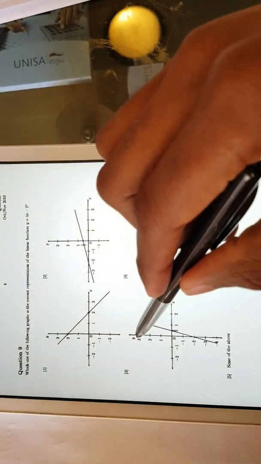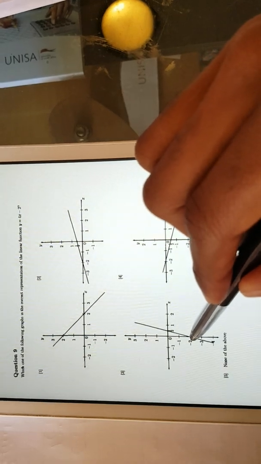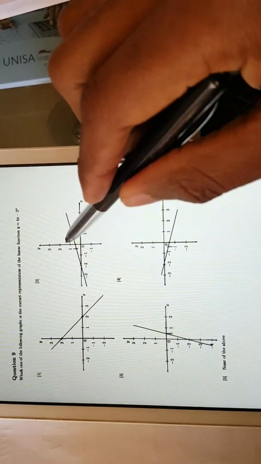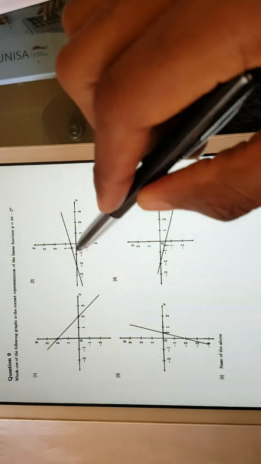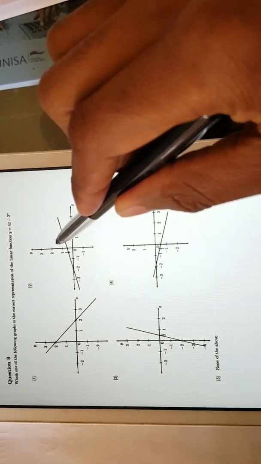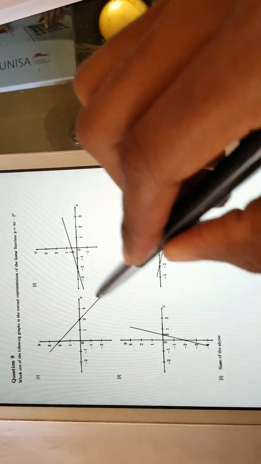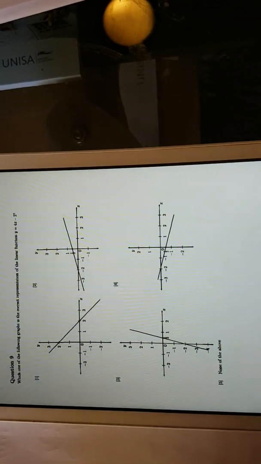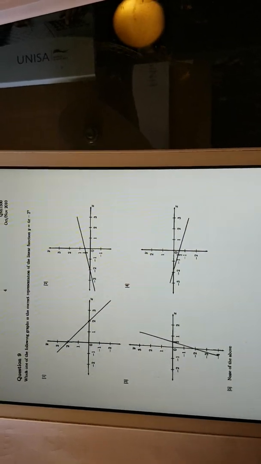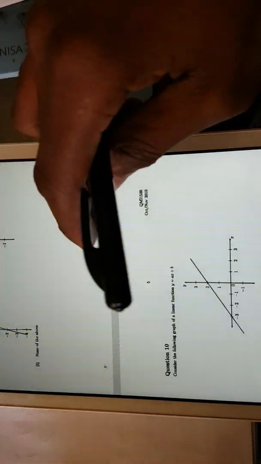Do you see this is the y-axis? Along the y-axis, the graph is cutting y at minus 2. But graph number 2 intercepts y at 1/2, so this one is wrong. But this one is correct: it has a positive slope and it's intercepting y at minus 2. So this is the correct graph, option number 3. This is how it operates. Let's move to question number